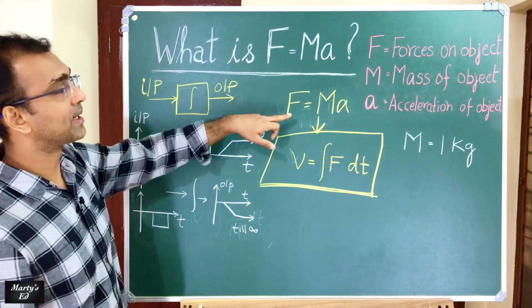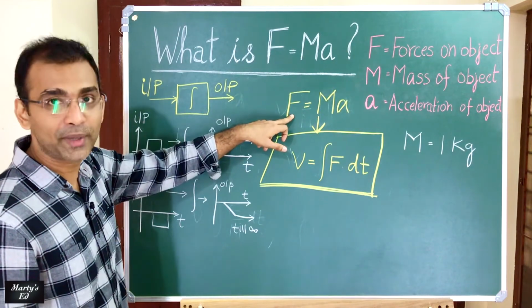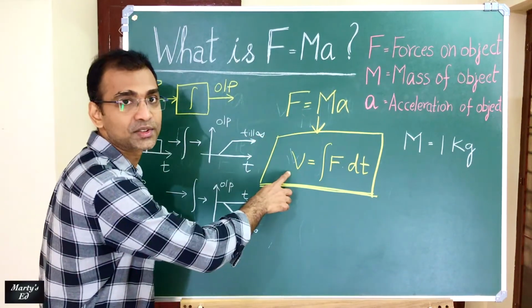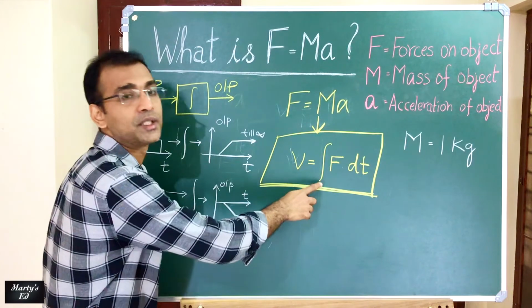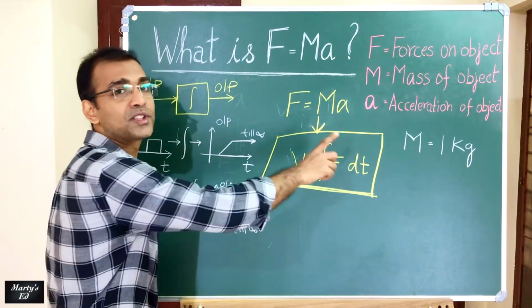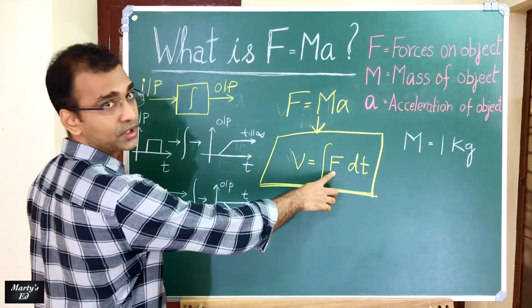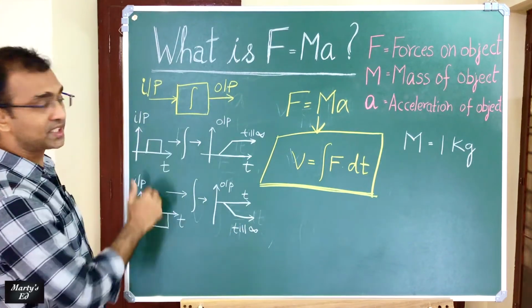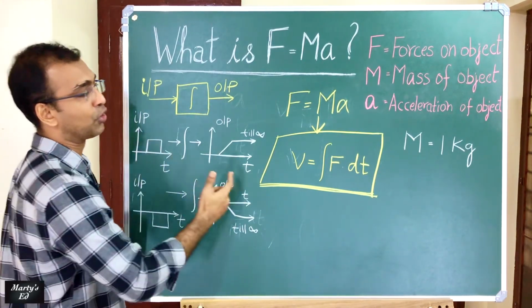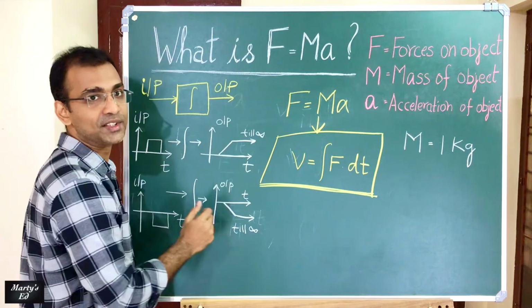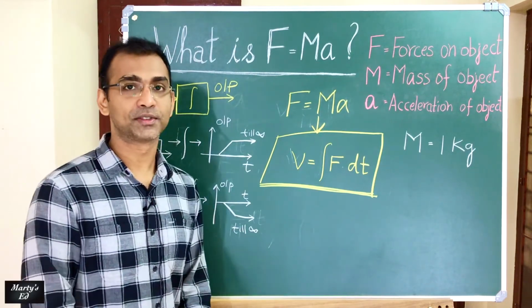You have got a relation between F is equal to ma and an equation like this, where output is nothing but the integration of input for some time dt. If the force is any of these forms, then you will know what the velocity will be like this. And now we'll go to the slides.